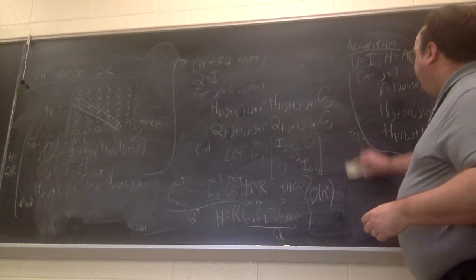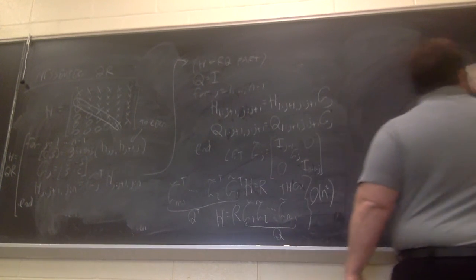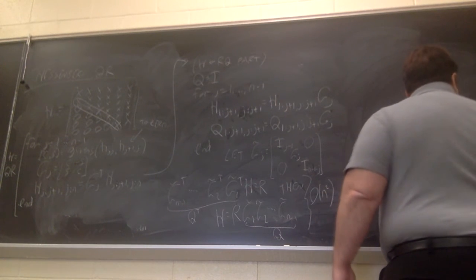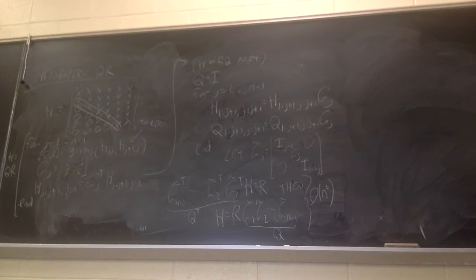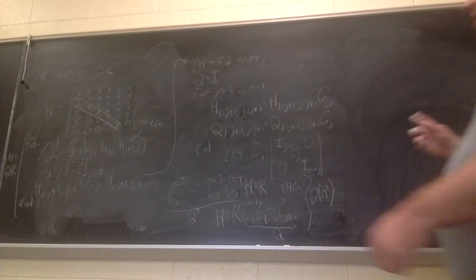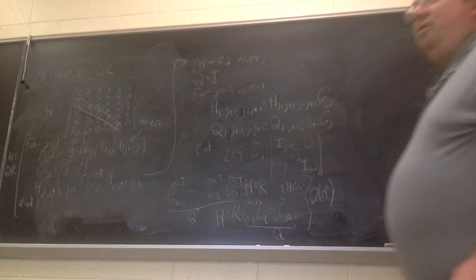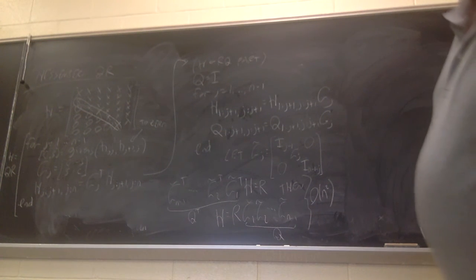So it's very important to pay attention to when you perform a Givens rotation or a Householder reflection, what part of the matrix is it affecting? And is it going to throw off something else you want to do? And that's something I'm going to show you now to explain why, if I start with a Hessenberg matrix and I do all this, why do I still have a Hessenberg matrix at the end?